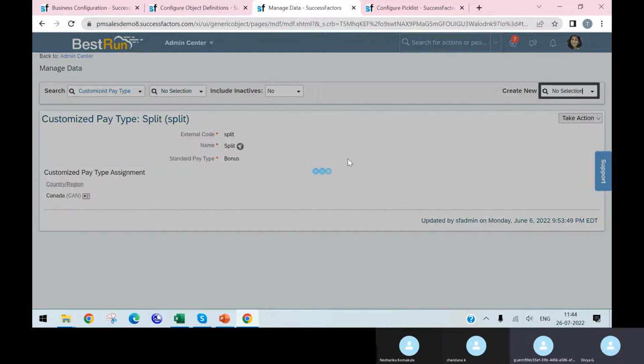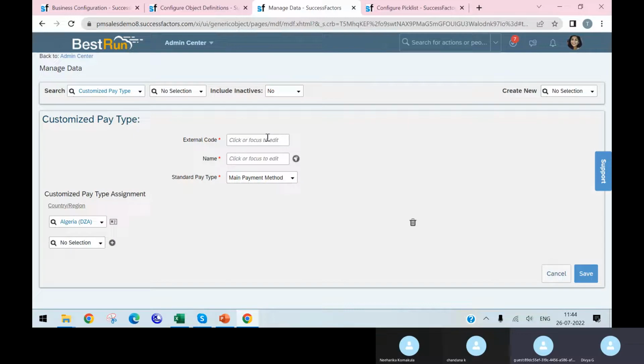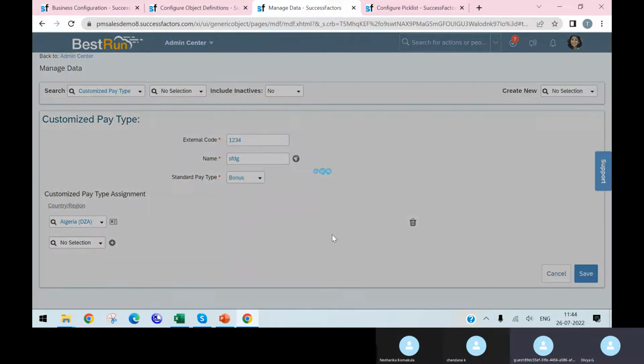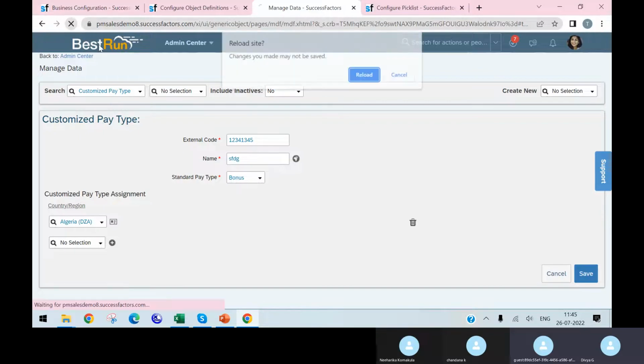pay type, and here I'll prepare that based on the country. I'll select the country, which country I want. I'll give some external code and name, and here I'll select as bonus. If I create this, business case already exists. So if I refresh this page,